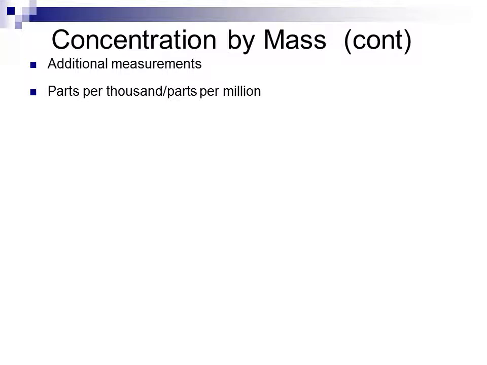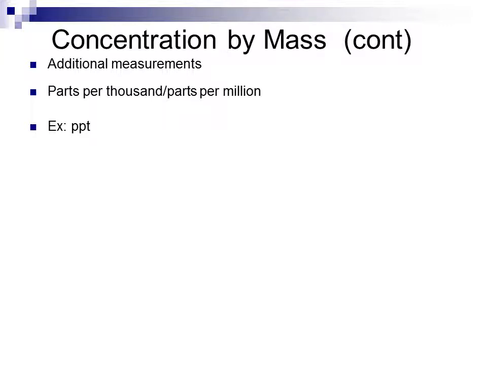Looking at other types of concentration by mass, we expressed our earlier mass in terms of a percentage. There are two other basic types of additional measurements we do with mass, and those are parts per thousand and parts per million. Both parts per thousand and parts per million are common in things like wastewater treatment and looking at contamination examples